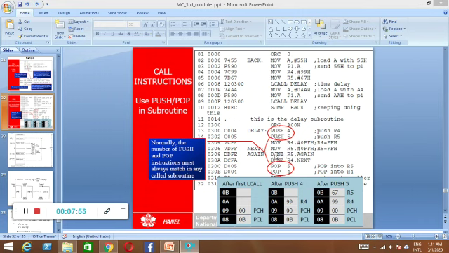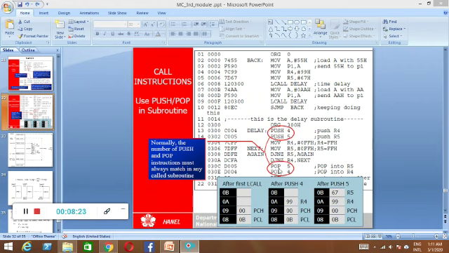Once this reaches 0, it is going to go to the DJNZ R4, next, which means it is going to decrement the content of R4. The R4 content is 255. Again it is going to decrement it, and if it is not 0, it is going to jump to this next, then again set the R5 value and repeatedly execute it. So it is going to execute 255 times 255 times, right? So this loop will be executed.